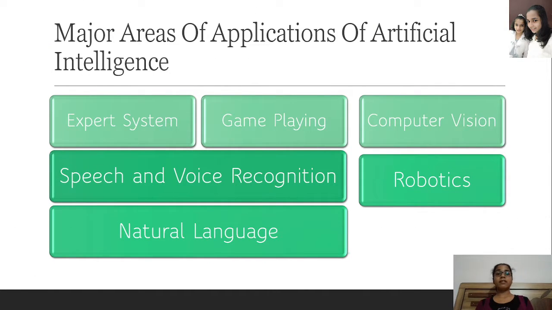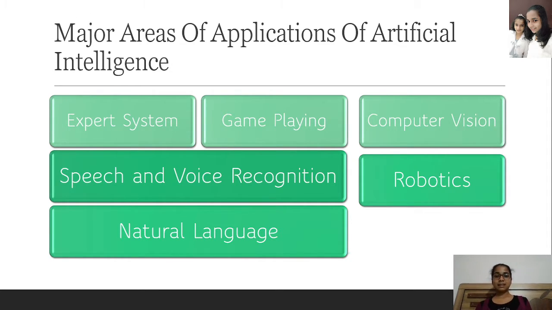Next is major areas of applications of artificial intelligence. First is expert system. They have knowledge engineers who collect information from the expert humans, and then they gather it into a centralized database. And accordingly they work. They provide the information, the facts, the thoughts, the knowledge to the user, with an accessibility of 24 by 7. Now is game playing. Yes, AI also plays a crucial role in game playing. They can give a perfect move and they can even beat the champion humans.